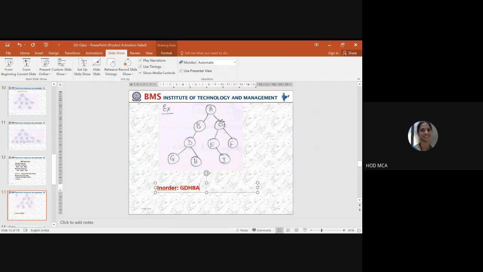Again in right, I have to follow left, root, right. This is my root. This is left. So next would be E. E has no left. So I will simply write E. No left, I wrote the root, that is E. Next is right, which is I. So left is not there, root, right is over. So I'll go back to the previous level. We have C. Root. Left of C is over. Now I'll go to the root, which is C. Right of C is F. So this would become your in-order traversal for the given tree.